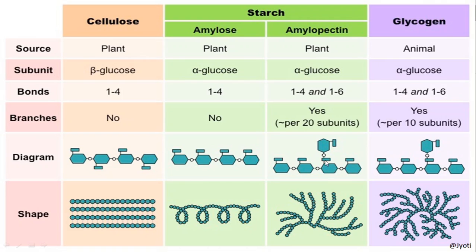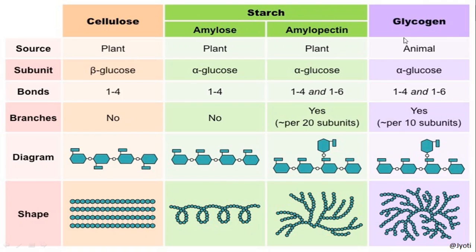Here the 6th carbon atom is linked to the first carbon atom of another glucose. So this is 1-6 glycosidic linkage. Since amylopectin is having straight chain as well as branch chain, they have 1-4 as well as 1-6